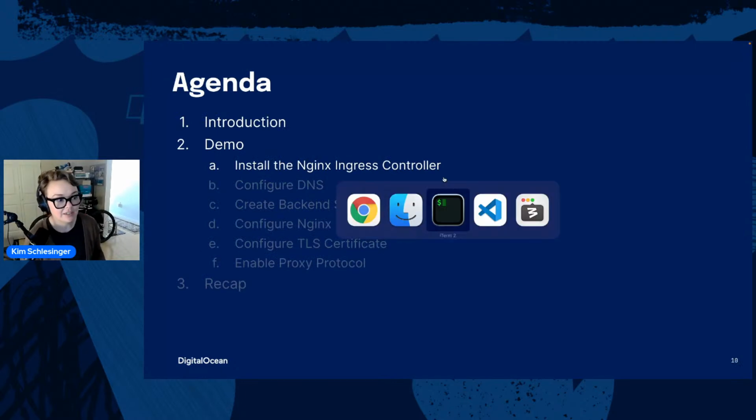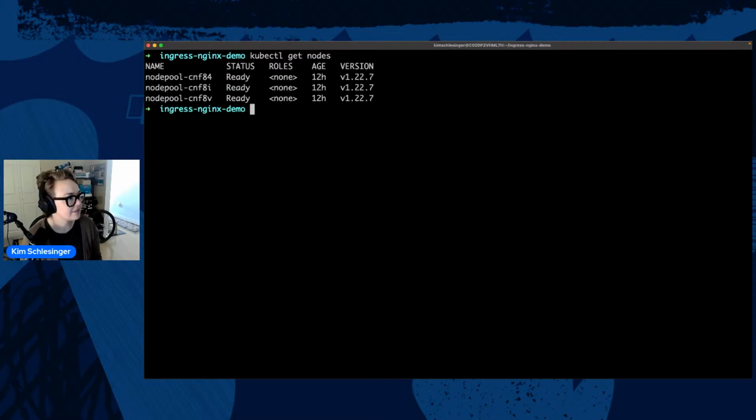So first thing is I'm on my command line and I have a Kubernetes cluster up and running. Like I said, it's a DigitalOcean cluster. And whenever I'm starting something with a cluster, I just like to poke around in kind of a general way. So first thing I'll do is say kubectl get nodes. Make sure I can see. Excellent. So I have 3 worker nodes running.